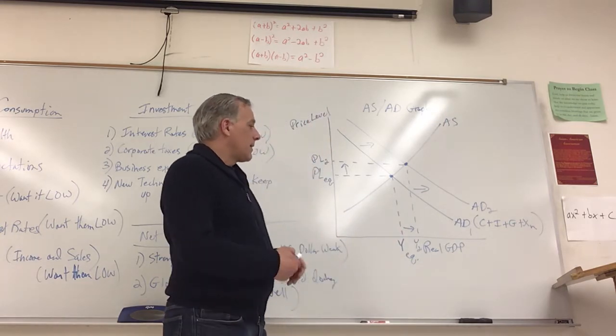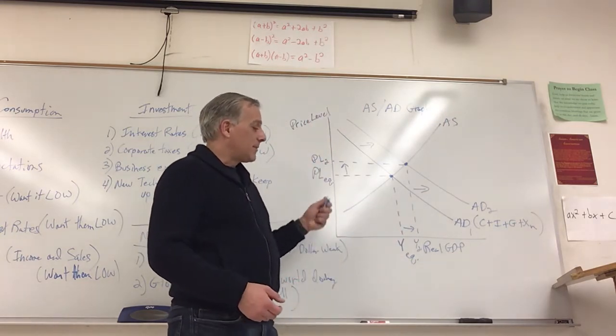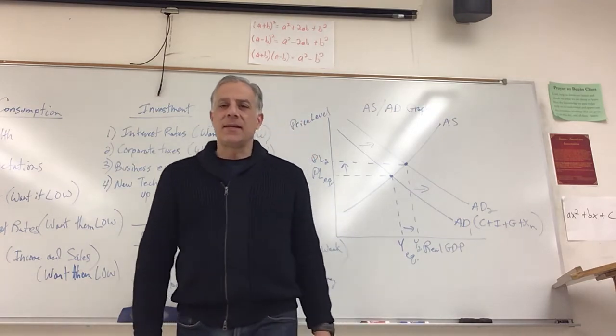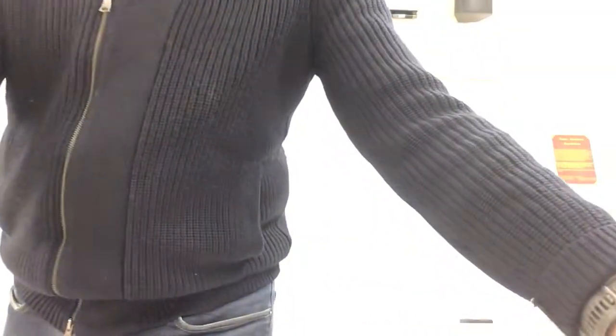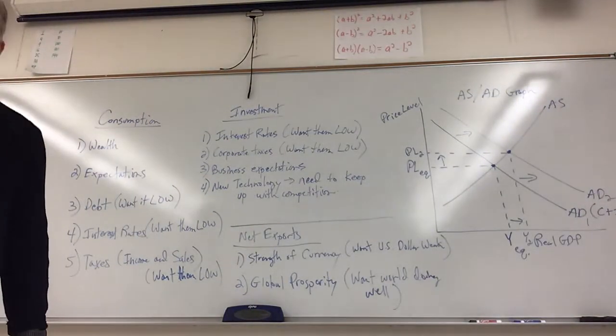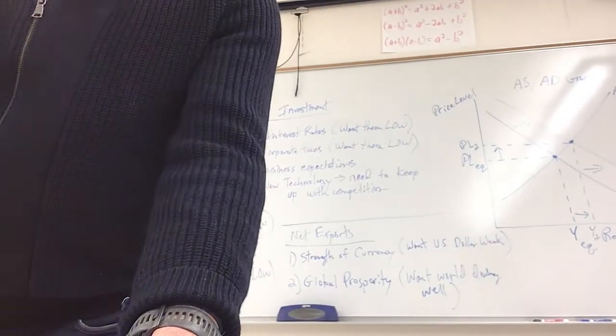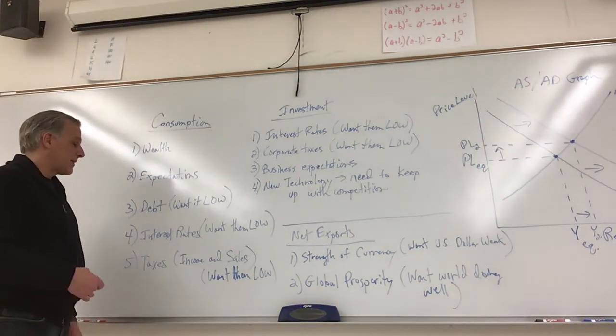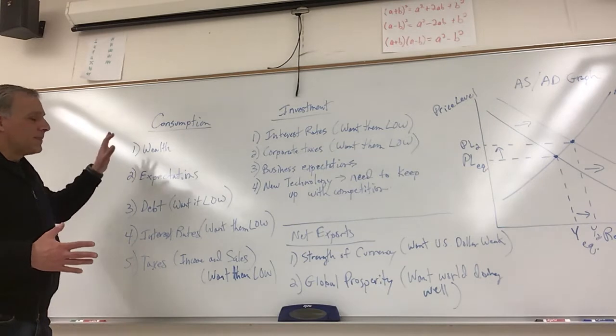If any of those decrease, then aggregate demand shifts to the left. Know what happens to price level and real GDP. We should be well tuned for that after taking micro. So we're going to go through the determinants of each part of aggregate demand: consumption plus investment plus government spending plus net exports. So consumption, remember, wealth